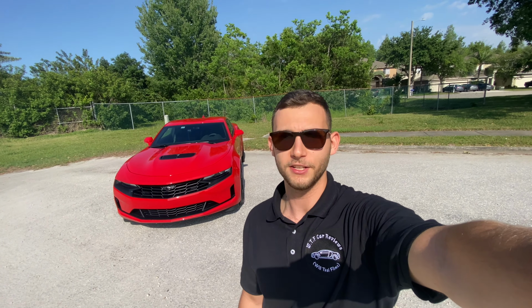So you don't get the Camaro SS front end. It's more similar to the standard V6 or 4-cylinder Camaros, but it's not a big deal. I personally like the styling, so I'm not going to mention that either. But since we're out here, so the first thing that I definitely do not like about this car, now I